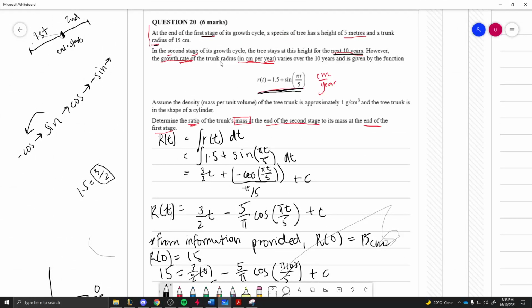And the question asks, determine the ratios of the trunk's max at the end of the second stage. So because it says it goes for the next 10 years, you can assume that the end of the second stage is going to be at t equals 10, because t is in years. Does it say it in the question? It doesn't say it in the question, but